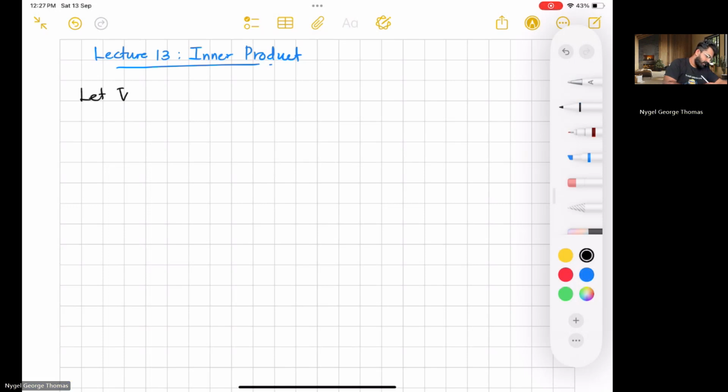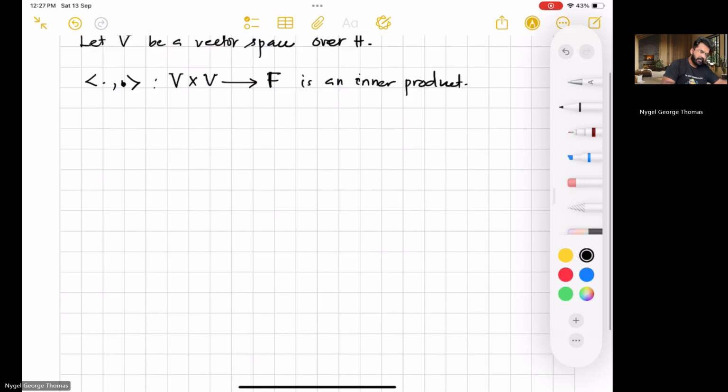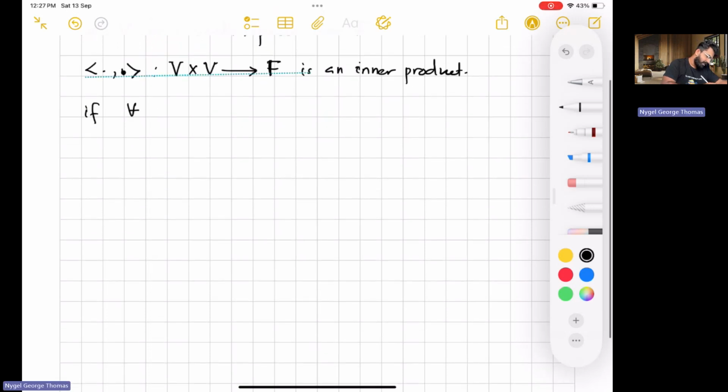Let V be a vector space over F. The inner product is defined. The domain of this is the Cartesian product V cross V, and the range is F. It is an inner product if, for all x, y belonging to the vector space,